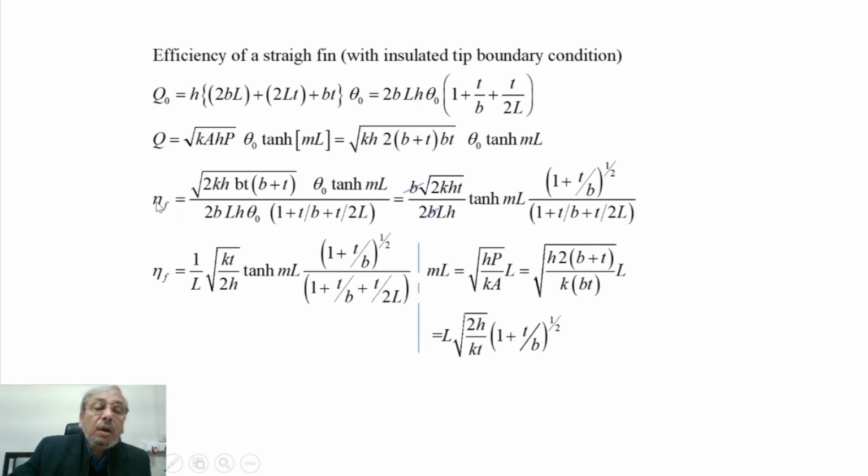So for fin efficiency, that means we divide this Q expression by Q naught and do a little bit of